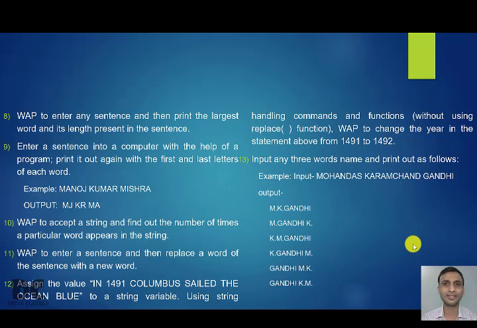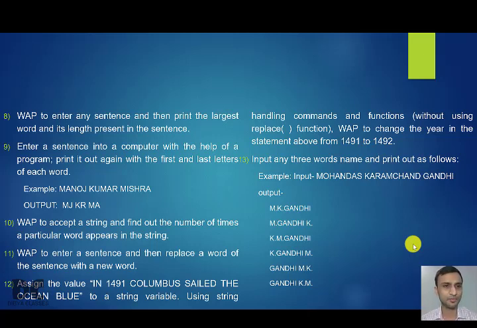But all these are related to one thing, that is extraction of words, which we already did in the last two questions, that is question number 6 and question number 7. So extraction of words, that part of a program is very important in strings. So now let us start solving question number 8.